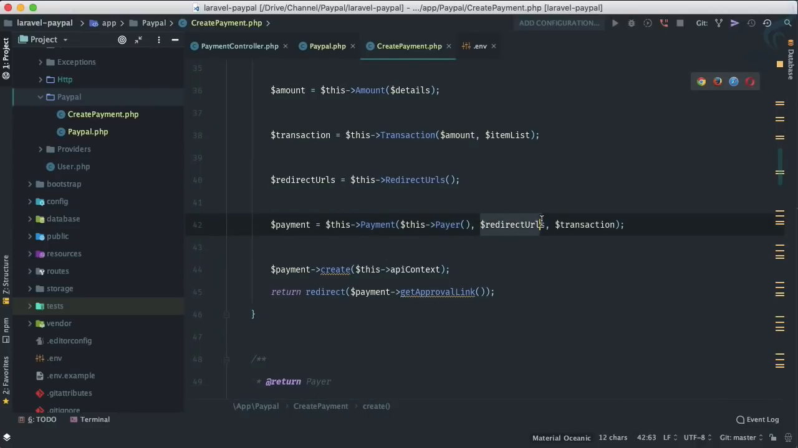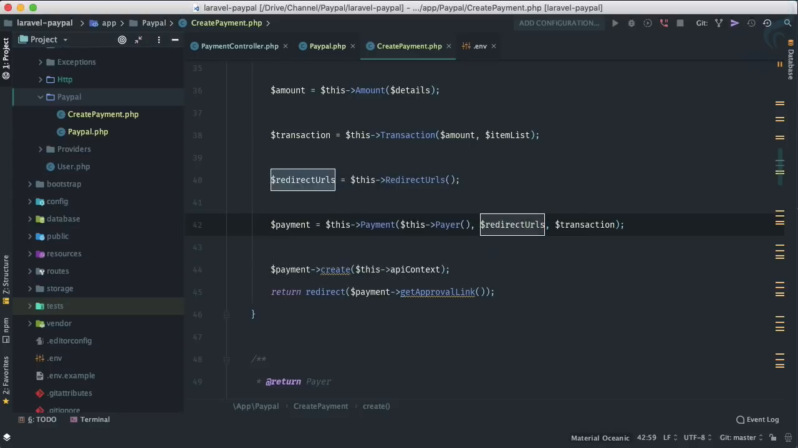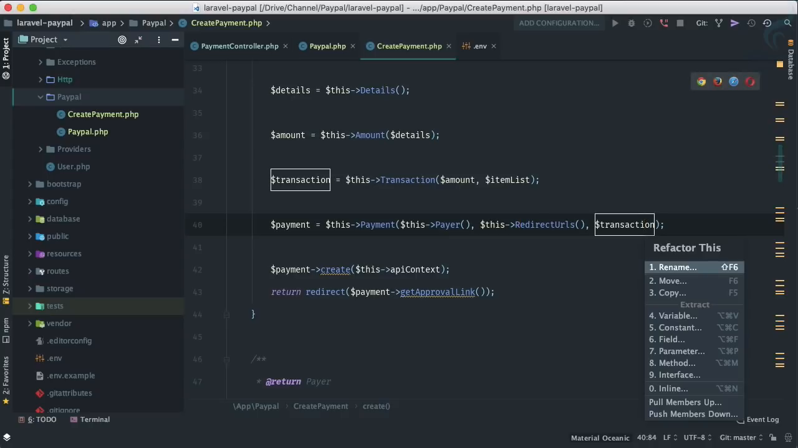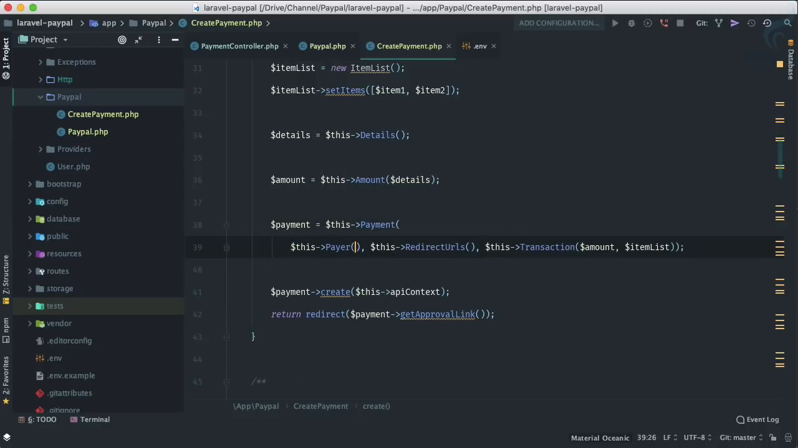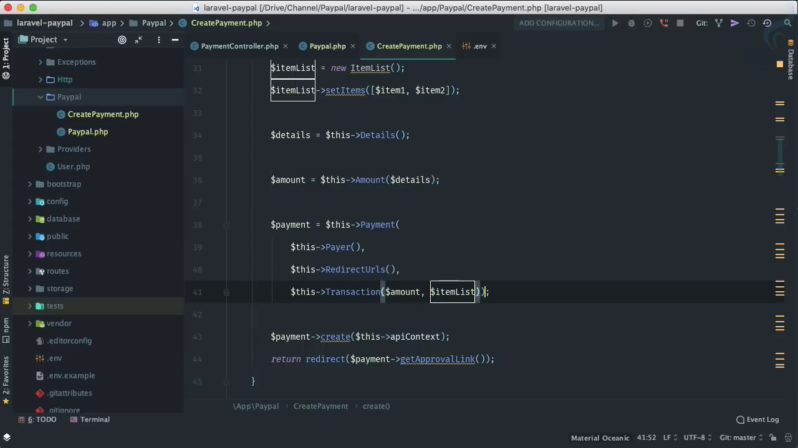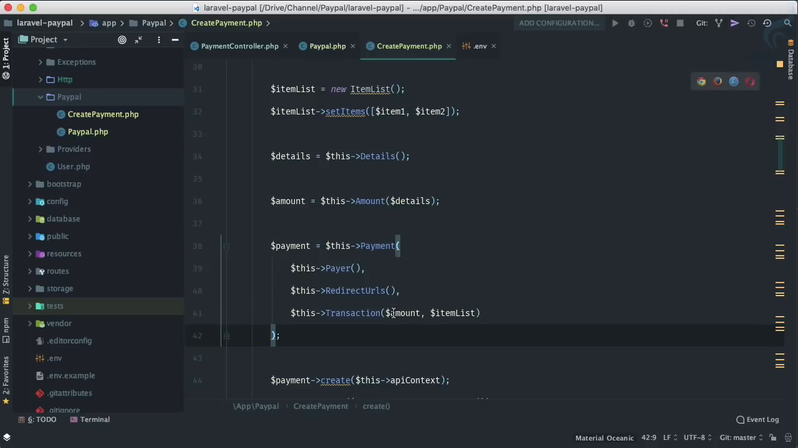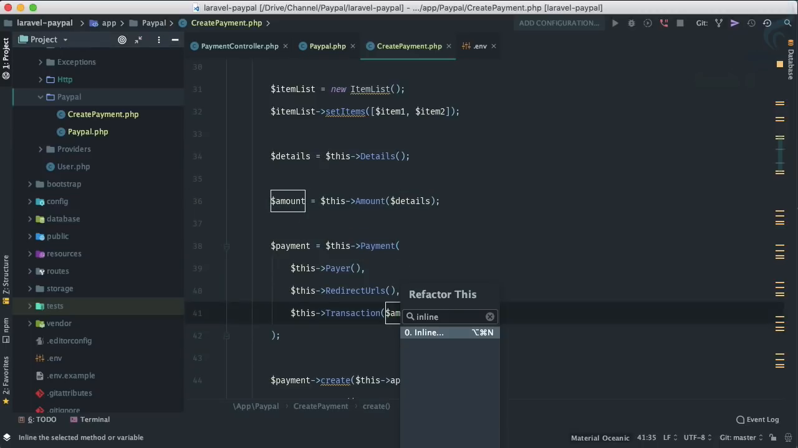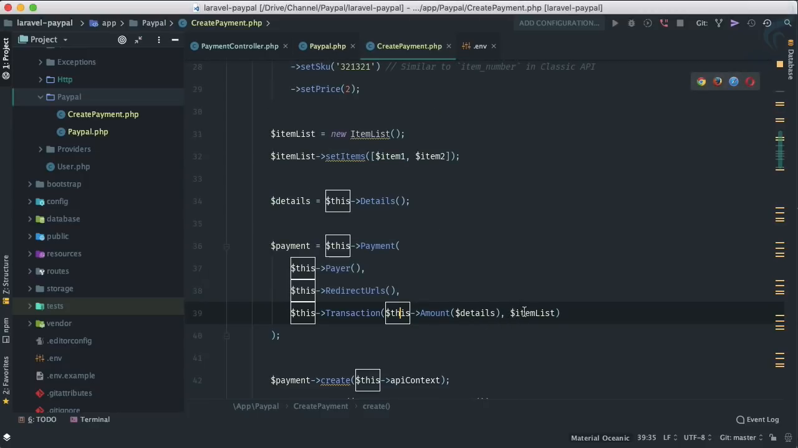Second, redirect URLs. So same thing. So inline and done. And I think you get the idea for transactions also. So here we are doing these things. So we are adding the payment, then pair, and then redirect URLs, and the transactions are here. So I think you are getting the point, because amount and amount. So let's inline the amount also. So inlining the amount, and